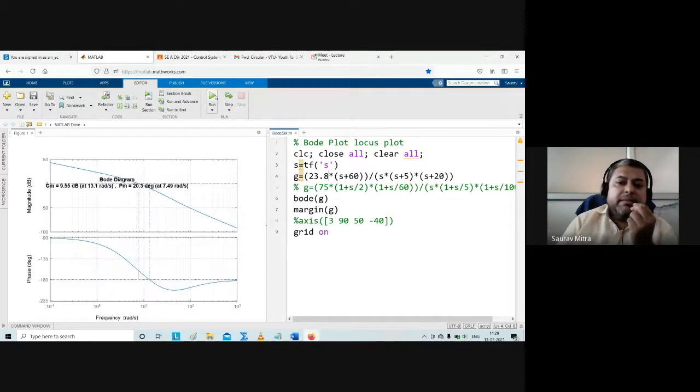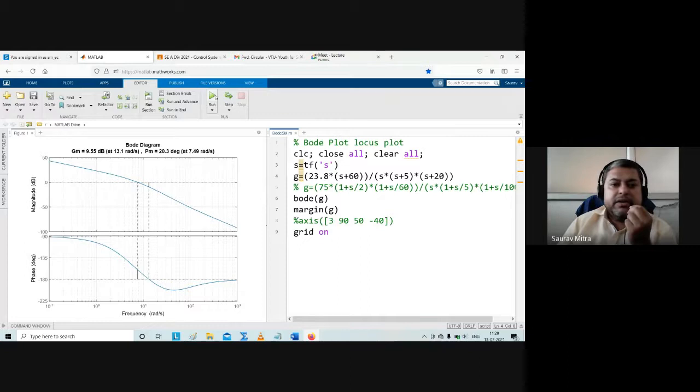You'll find that gain margin is positive, and so here also the system is stable. Likewise, now if we increase the gain, if we make it 25, let's see what happens. Still omega GC is on the left side, omega PC is on the right side. Still phase margin is positive, still gain margin is positive. So now we have made it 25.